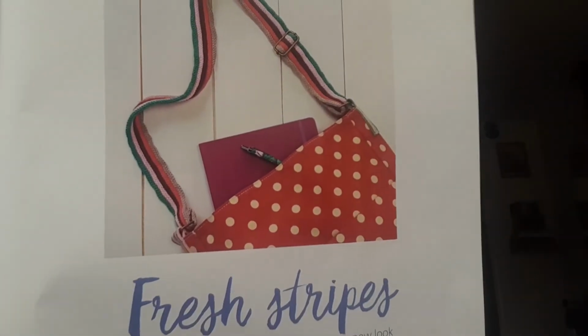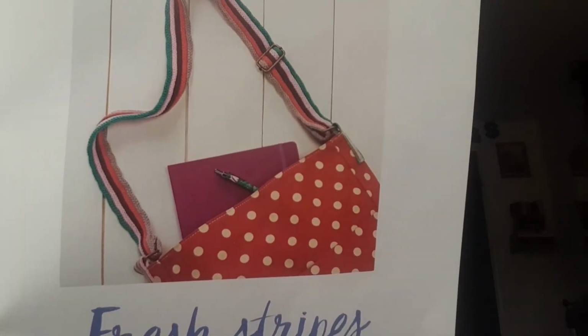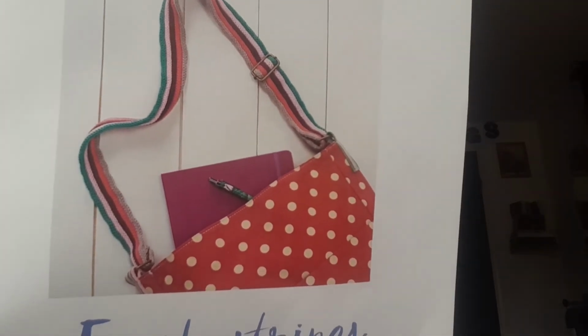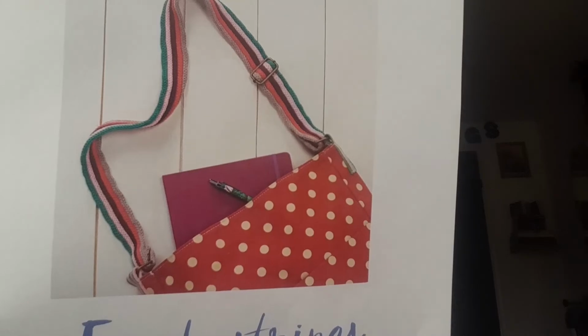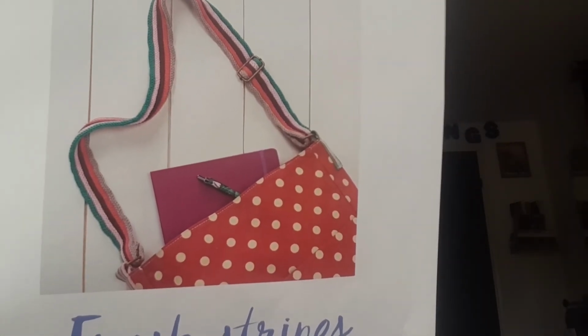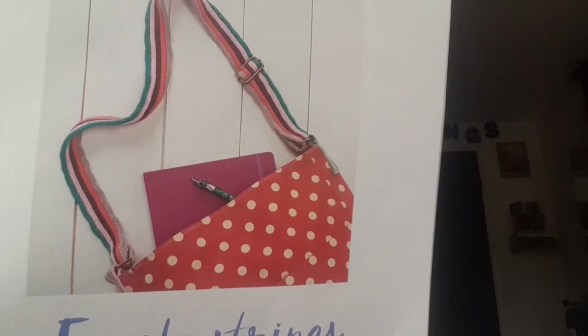Next, fresh stripes. Use your new I-cord skills to give any bag a new look with this fun stripy strap by Becky Skews. They're saying it's easy peasy. They've used a 4-ply and a 3.5mm hook. They've used Scapier's Katona, 100% cotton, 25 grams, 62.5 meters per ball, and 1, 2, 3, 4, 5 balls altogether. You need sewing needle and thread. A bag without a strap